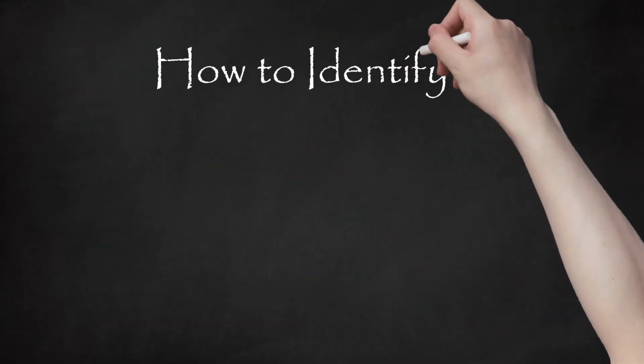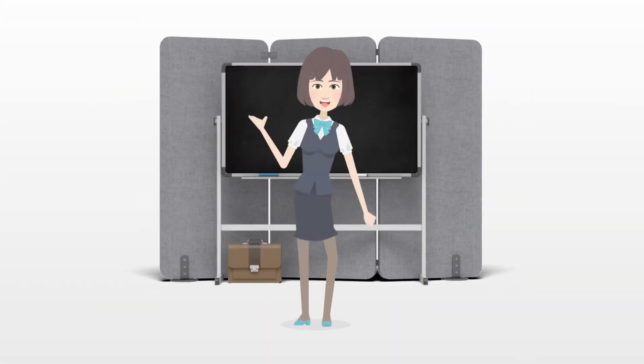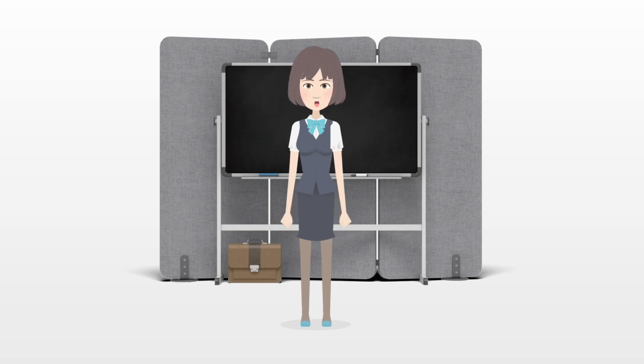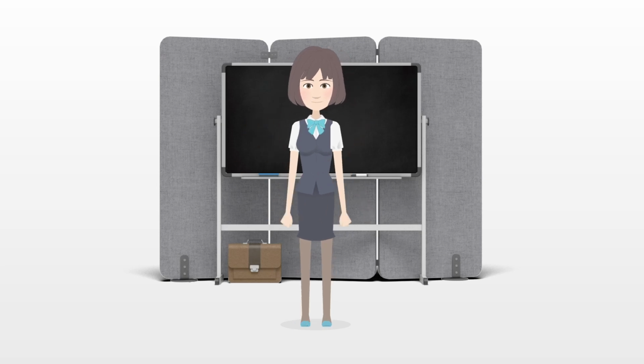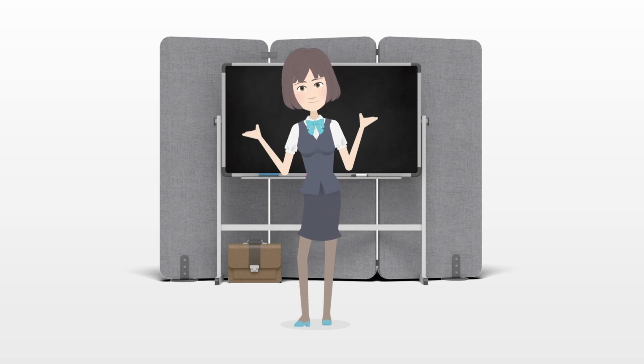How to identify whether your child has dyslexia. Dyslexia is the most common of all reading disorders. Many parents notice the learning disability in their preschoolers. Some kids struggle to recognize or create rhymes, to learn the ABCs, or to recognize the combination of letters that